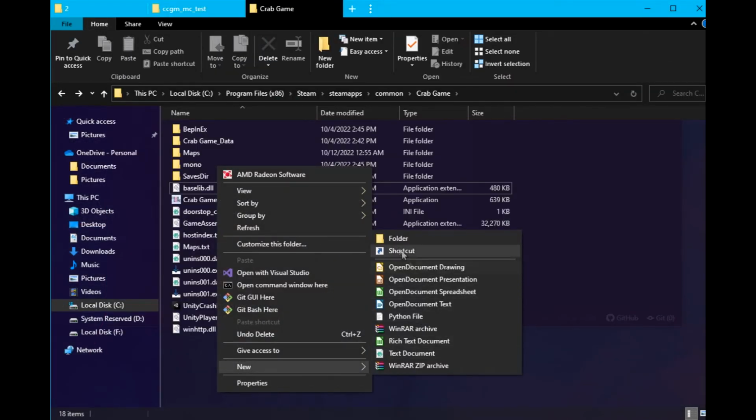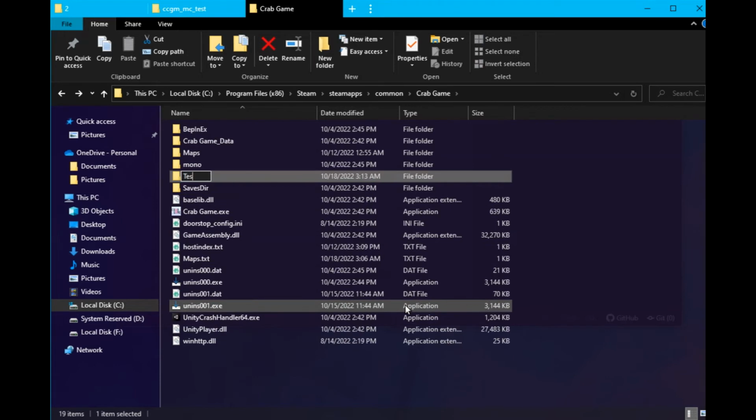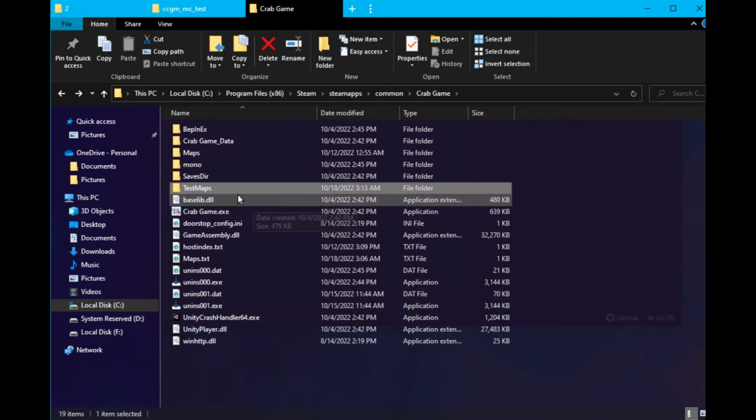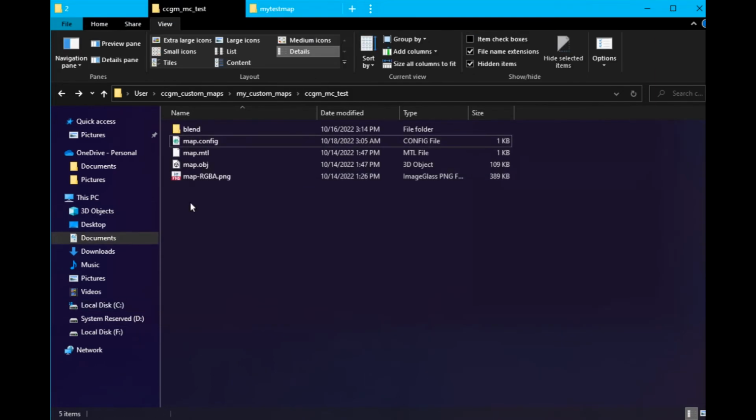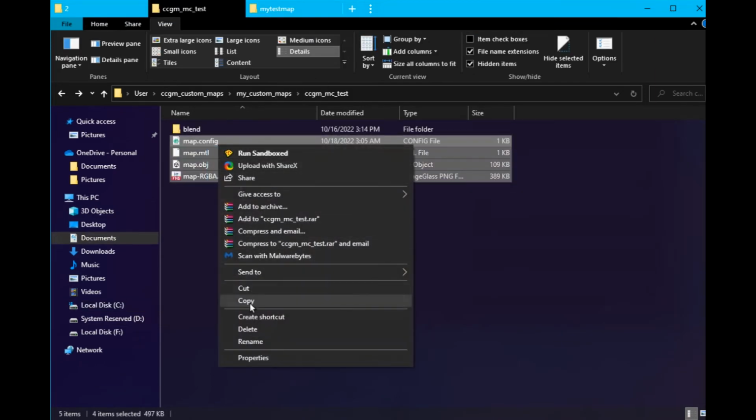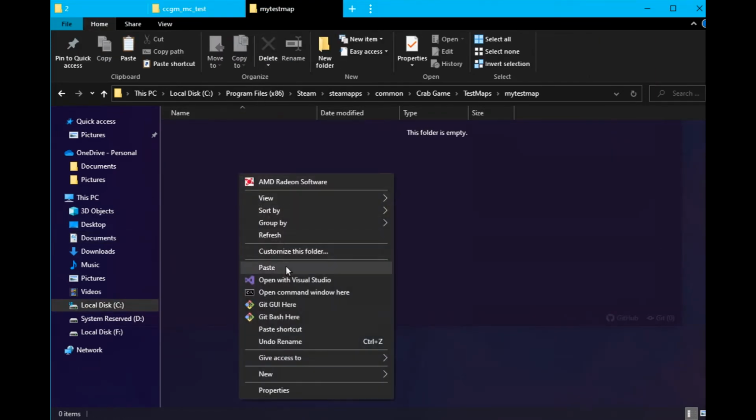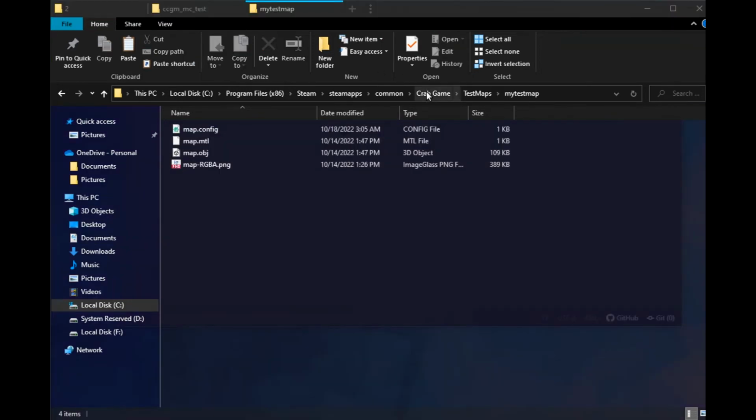Now go to your Crab Game folder and create a new folder called Test Maps. Inside of Test Maps, create a new folder and give your map a name. Go ahead and copy your files into your Test Maps folder. In your Crab Game folder,